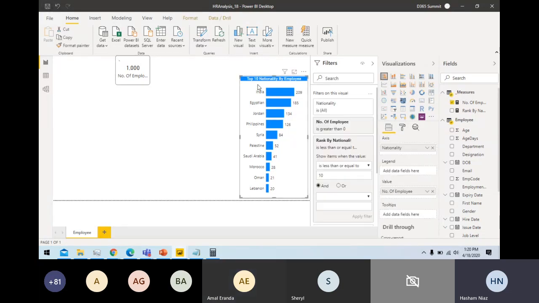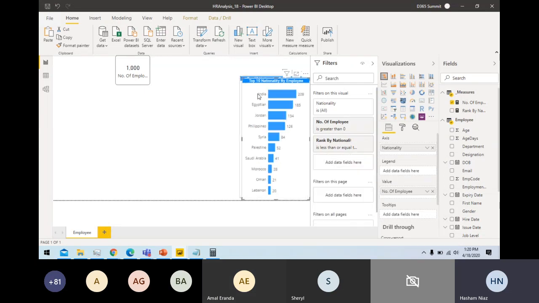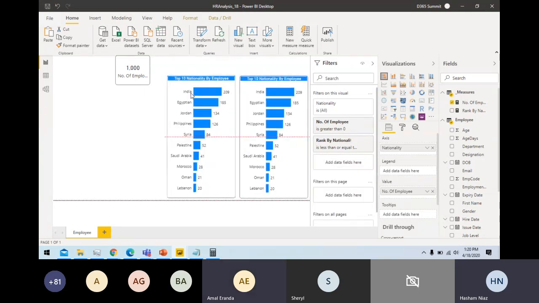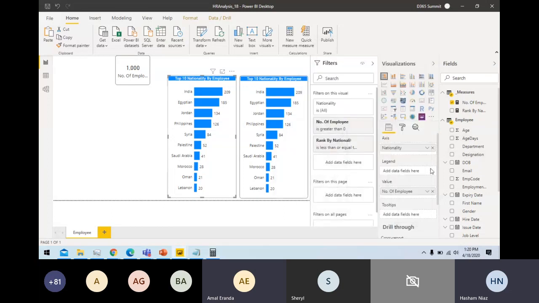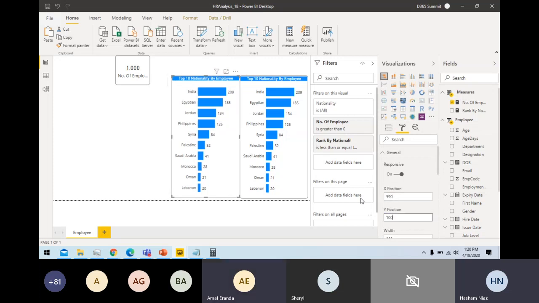Now let's try to create one more report. So you can just copy paste here, and you can do the alignment here. So if I go here, I can actually align all these things. So I say this as 590, start position 100, width, and then 610 is my height. So these are the same size.